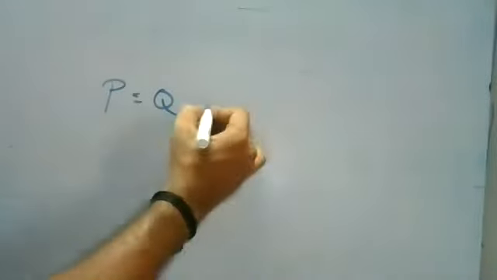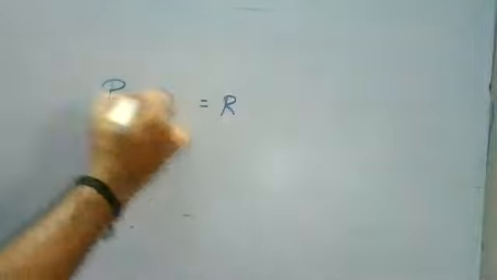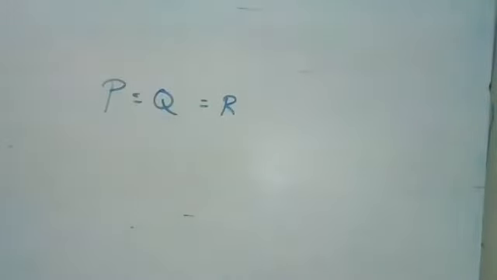So we need to find the angle between the two vectors. Okay, there are two vectors. I'll take them as P and Q. Both vectors P and Q have equal magnitudes. And the resultant vector and either one of the vectors are the same magnitude. Now I need to find the angle theta.